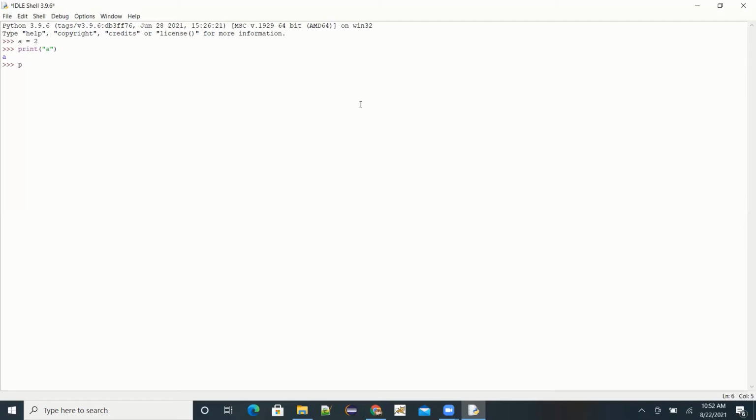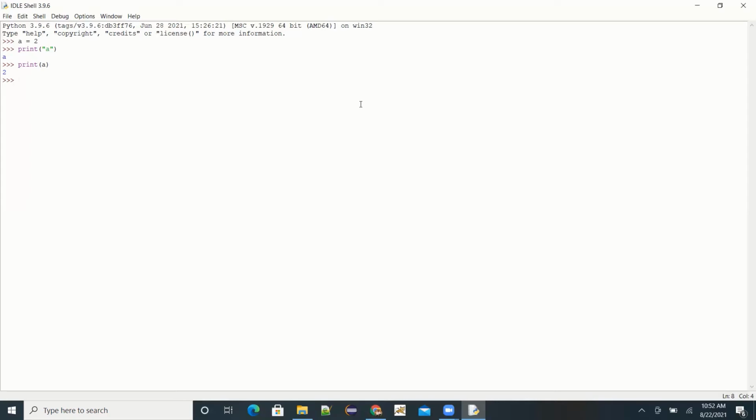But if I print a, it will give the value which we assigned to the variable. Hope this is clear to you. So how we assign the value to an integer variable a is a equal to 2.